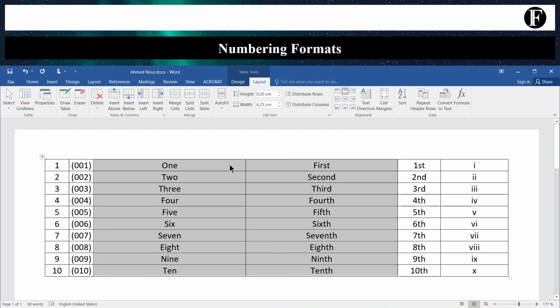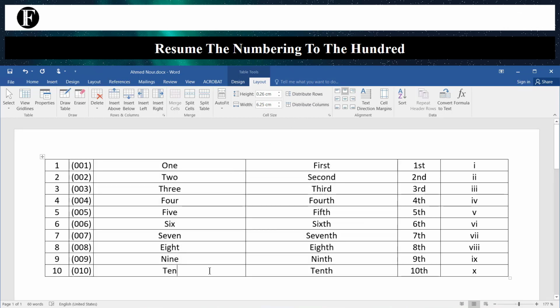And finally, we will resume the numbering to the hundred.